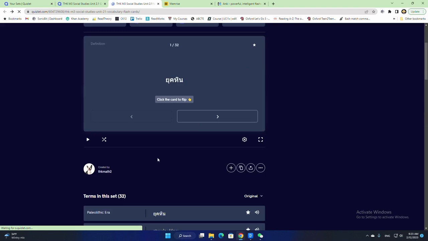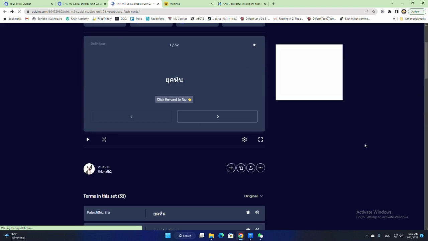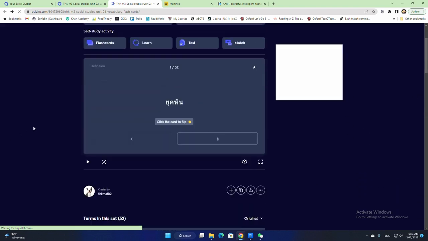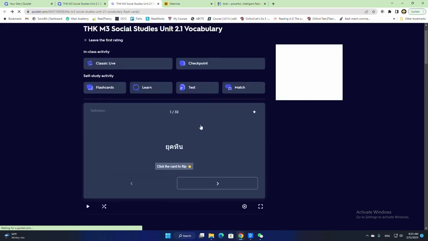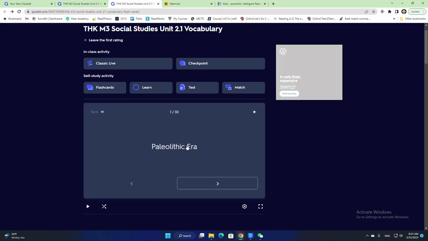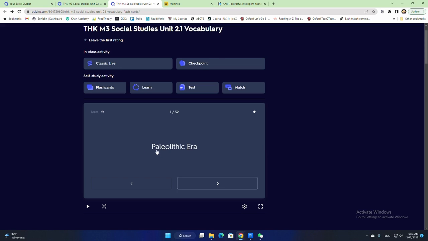So this THK Math 2 account was an old account when I was subbing at a school as program manager. When we go through here, you'll see that they have the Thai and the L1 and L2. They have L1 and L2 that students can practice with. If they go into Learn, they'll be able to practice spelling. There will be listening, and then they will use this data during the Learn phase to help populate distractors for